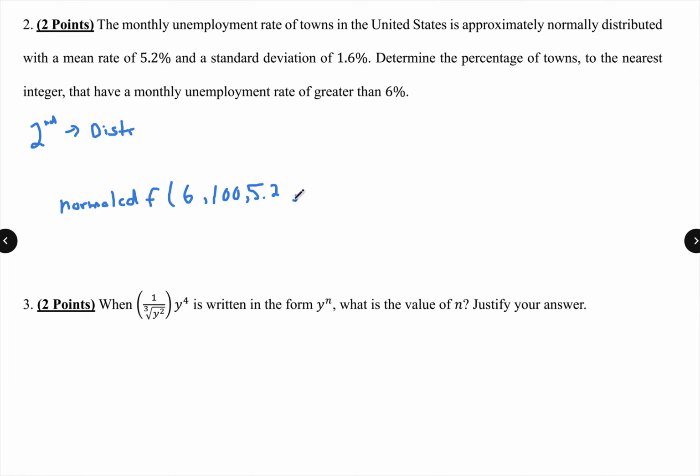And then my standard deviation is 1.6. Like I said, if you show this on your paper, that you went to your calculator and you did this, you would get full credit. Press enter. What do I got? I get a number like this,